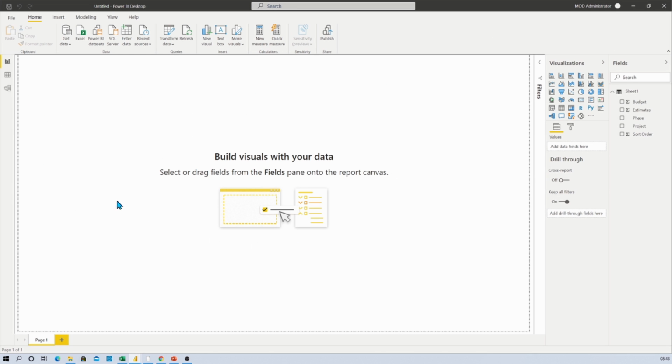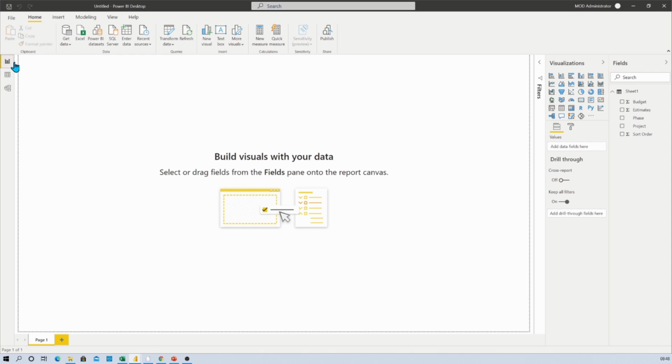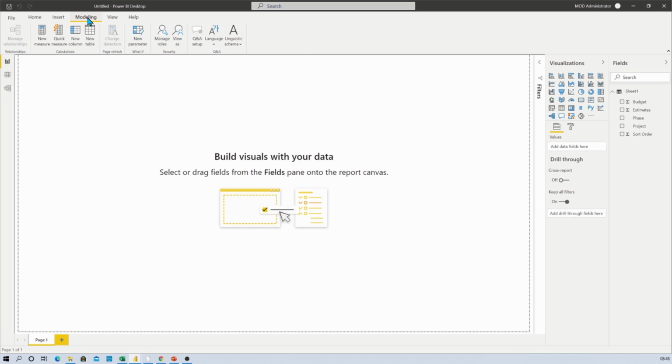Here I have opened one blank Power BI Desktop file and loaded the same Excel data source table. First of all we need to build a drop down for category comparison. For that we need to create two different disconnected tables from this data source. Basically I want to show the project column as a drop down. For that, go to the Modeling tab and click on New Table.